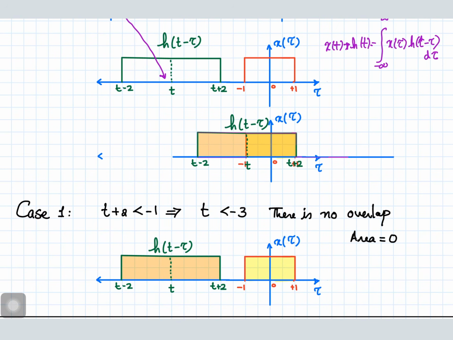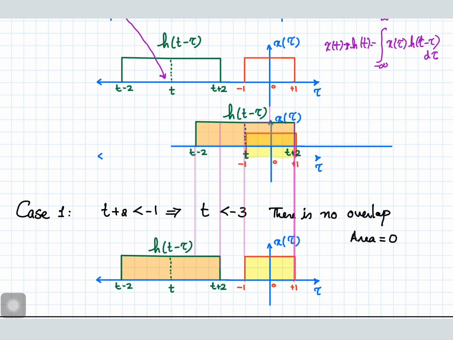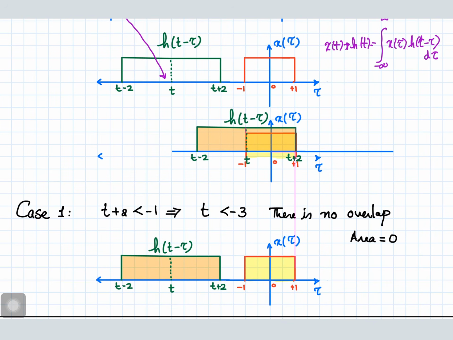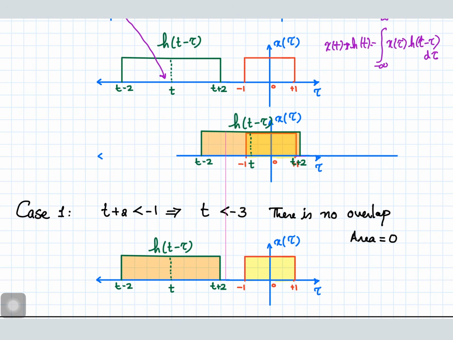And now you can see that t plus 2 has become equal to 1. So if it becomes greater than that, there is no change in the area, constant overlap. And once the t plus 2 becomes equal to 1, at that time what is t? T is equal to, just observe, t is equal to -1. So when t is equal to -1, the constant overlap starts,